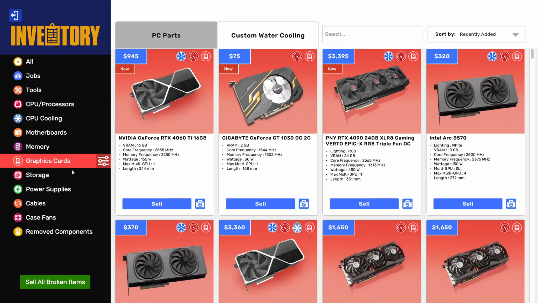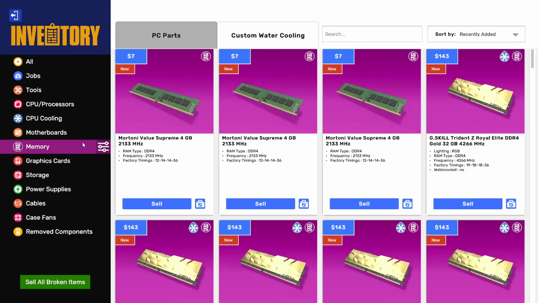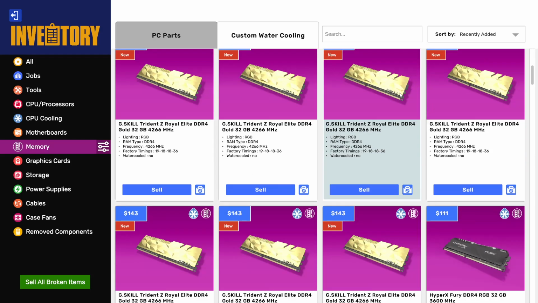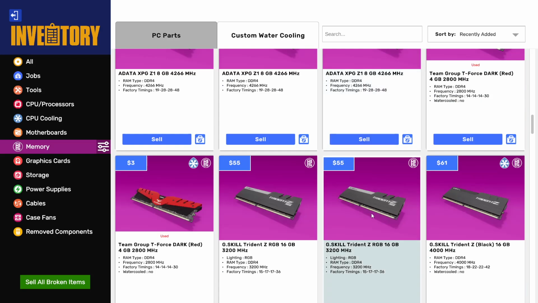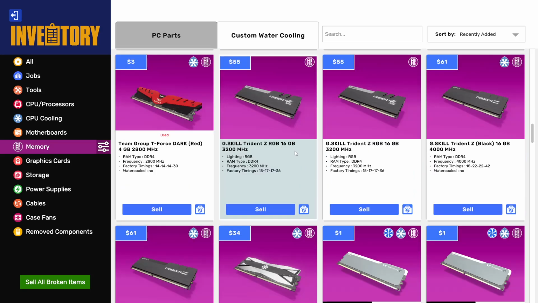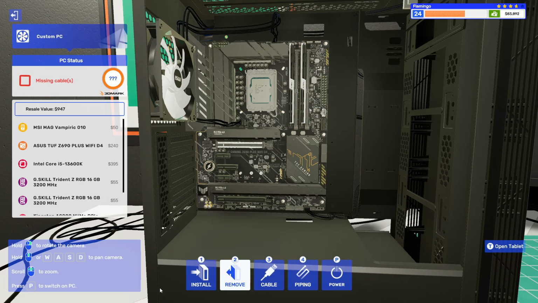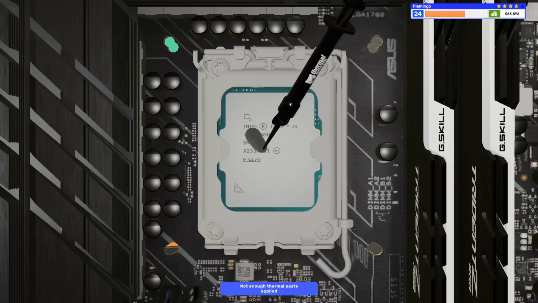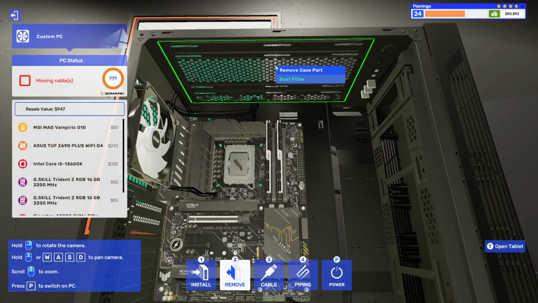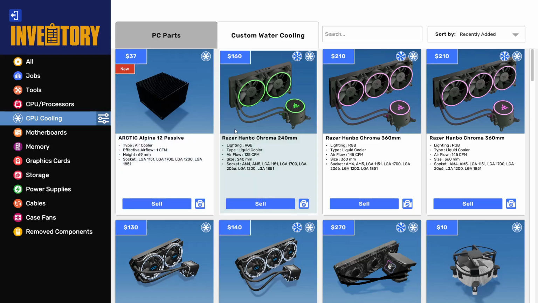Let's get some storage, the 1 TB one. Let's get some memory in here. Shoot, wrong one. Where is it? It was these ones. Get the dual channel. Get some thermal paste in here. The top, we could just remove this dust filter, put our CPU cooler in here,